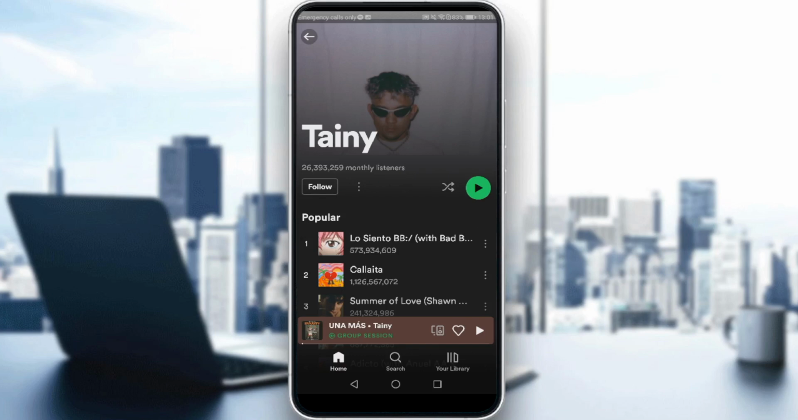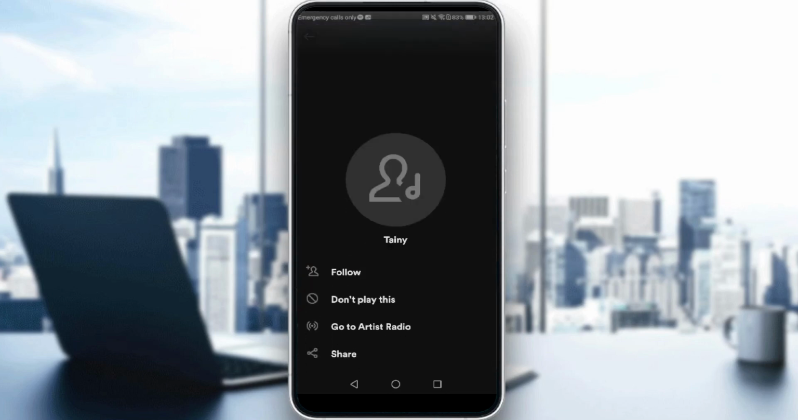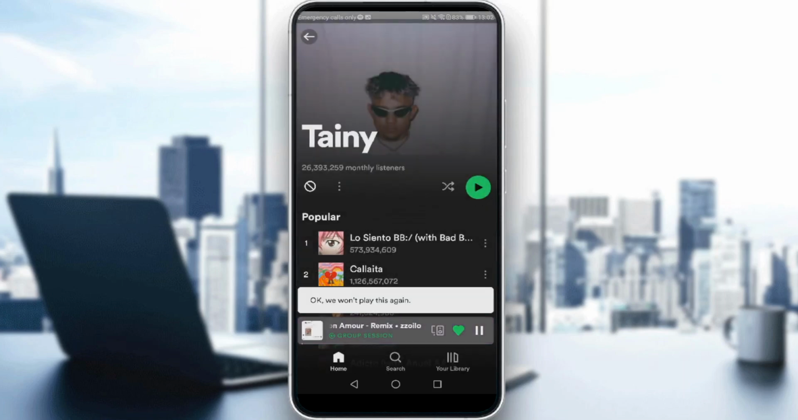As we said, you would like to navigate to the artist that you no longer wish to listen to, then tap the three dots, which could be right here to the right of follow, or at the upper right corner. Just tap the three dots. Then as you can see, we have the option, don't play this. If you click on it,